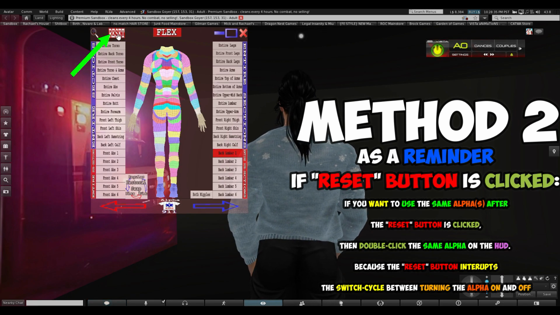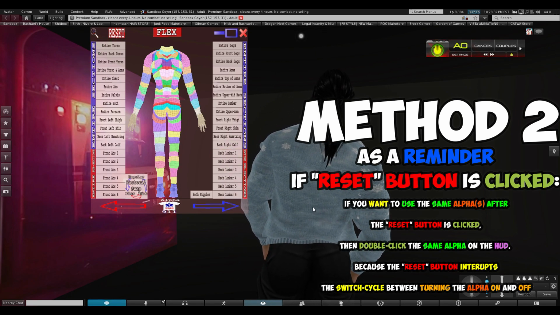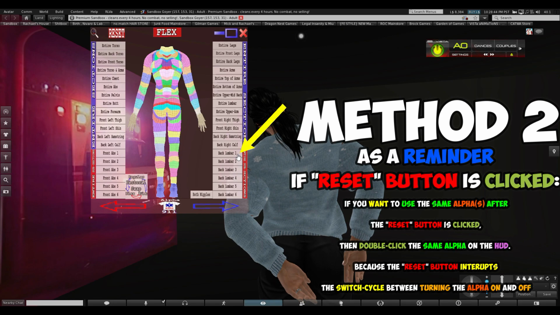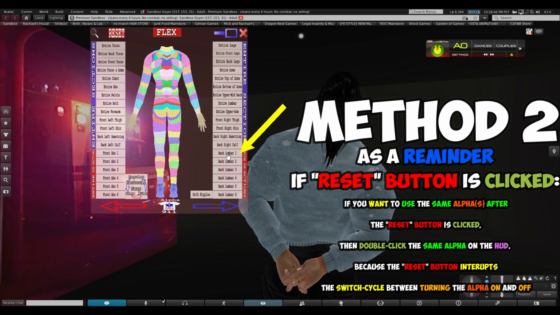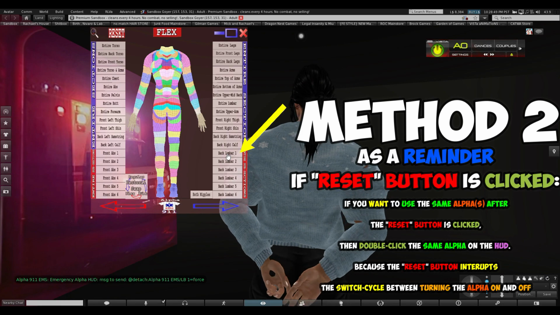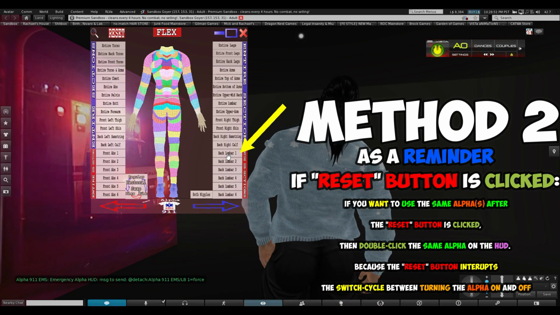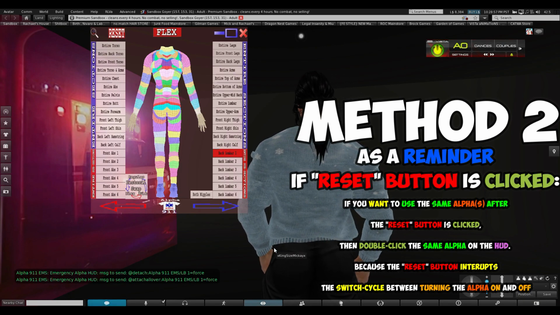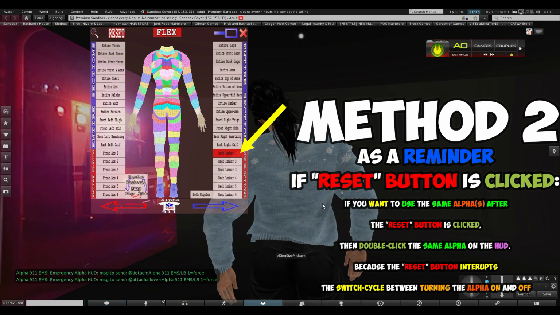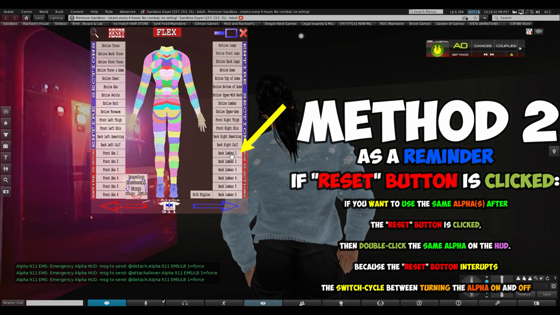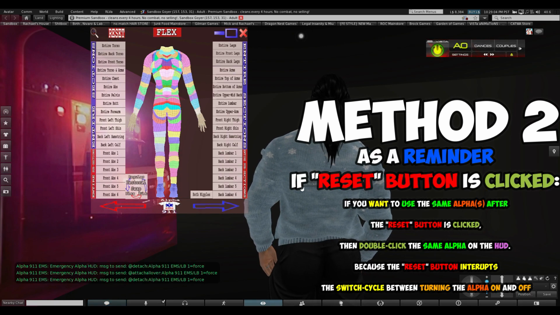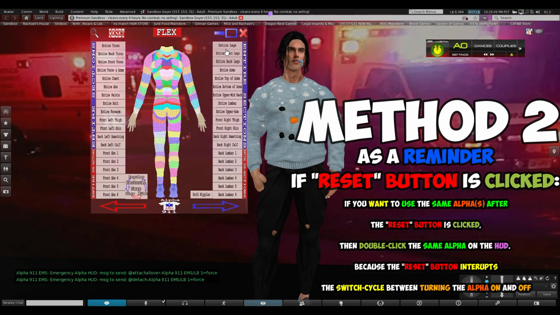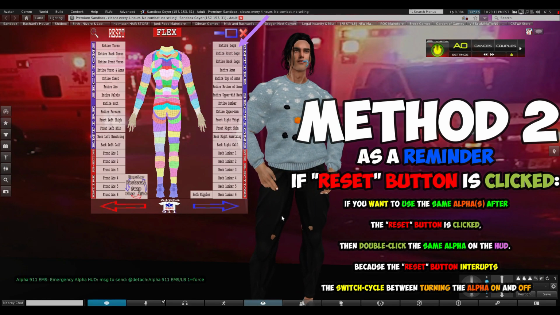And I clicked reset, right? And if I didn't want to click the back lumbar, go back to red to white. This would go back to normal. As you see here, if I want to reuse it again, this is the catch. I have to click it twice because it interrupts the switch cycle. And once it interrupts the switch cycle, the simple fix is just to click it twice. And as you see here, it's back to normal because it turned back from white to red. And if I want to take it off, simply just click it again, and the switch cycle is back to normal.